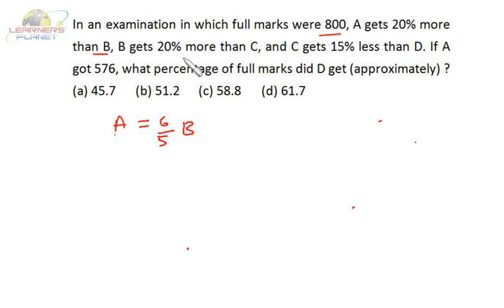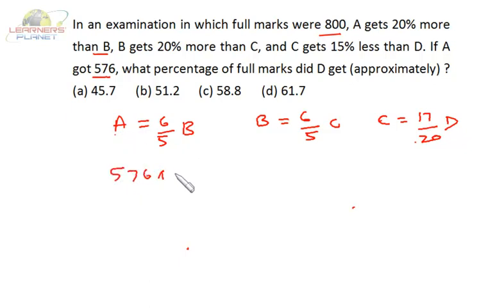Similarly, B is getting 120% of C. That means B is getting 6 by 5 of C. And C is getting 15% less than D. That means C is equal to 85% of D, which we can say 17 by 20 of D. Okay. Now since we are given the marks of A, that is 576, we can calculate the marks of other persons also. Okay, now A is getting